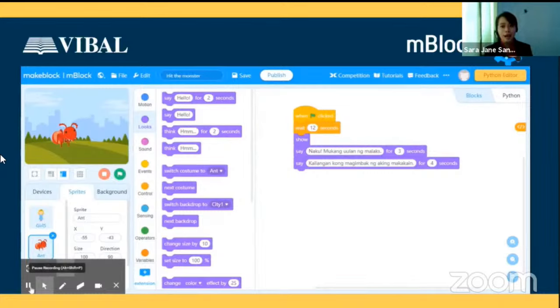Now, ito yung kagandahan na at an early age, we introduce to them basic programming. Kasi number one, ito yung in-demand na job that would be in the future. And at the same time, number two, hindi lang siya dahil na, sige, magiging software developer ka in the future or hindi. Kung hindi, na-cultivate sa'yo yung thinking deeply. Yung talagang mag-iisip sila, yung logic. So, I hope you enjoyed that one.